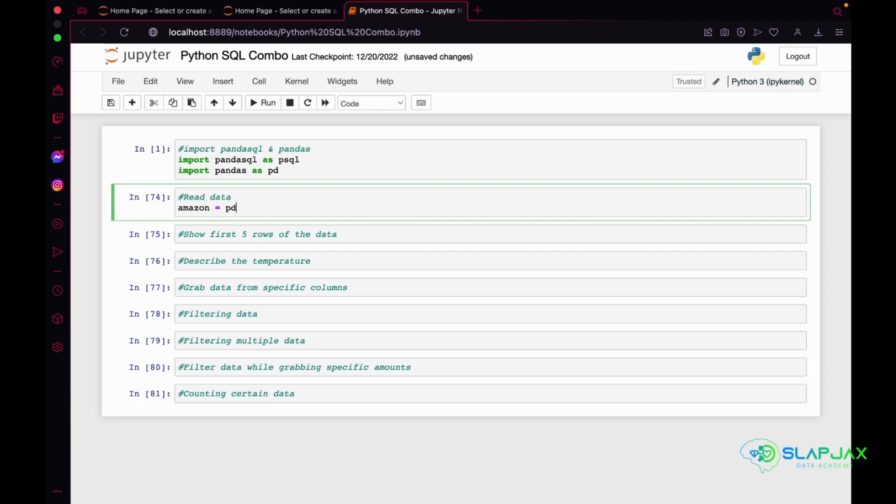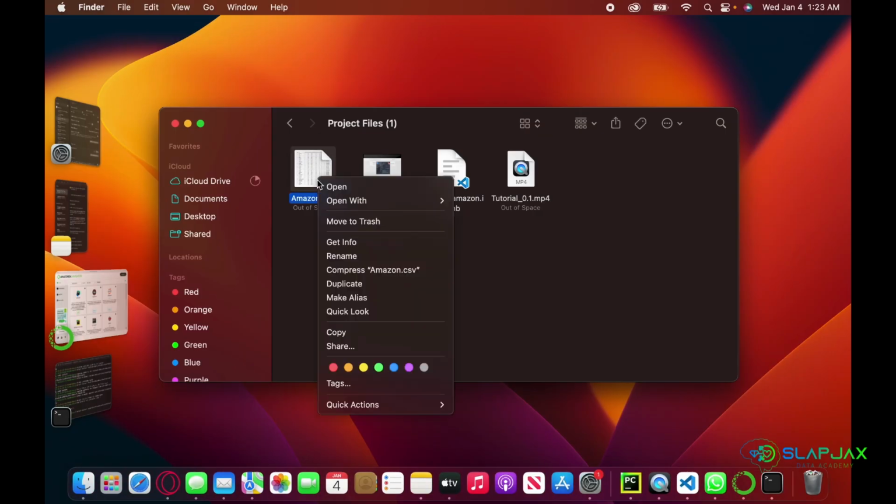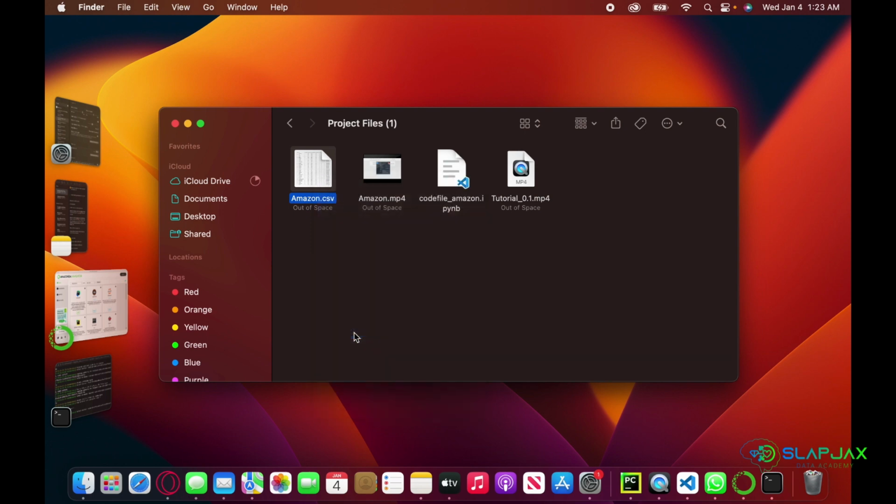So pd.read_csv. Now here inside these parentheses, we need to grab the path name of our dataset, which is the Amazon dataset. So go to the Finder, grab that, then grab the path name right here,